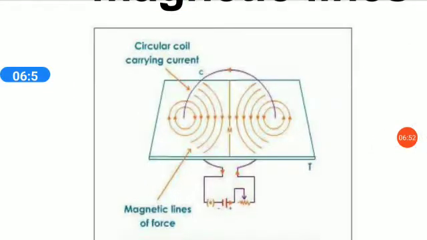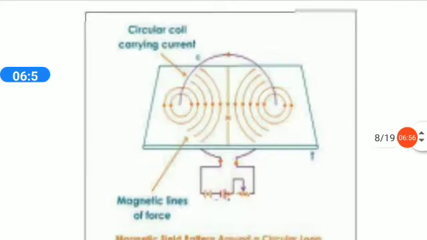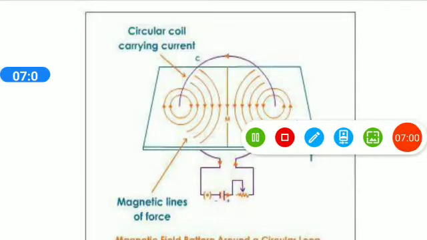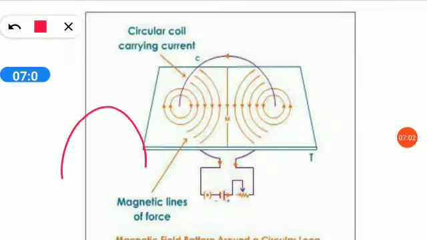So how do we detect the direction of magnetic field lines when the current is passing through a circular loop? Loop means if it is making a loop like this. This is your loop. Or like that, it is passing through a cardboard and this is your magnetic field line. These concentric circles are magnetic field lines, through both, and you will get different magnetic field lines.